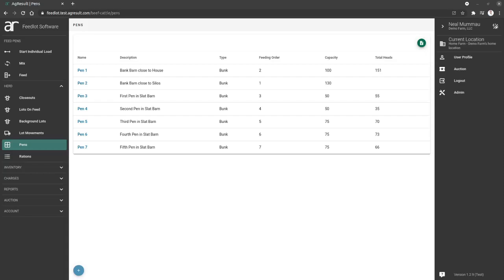This video will show how to create and edit the pens of your AgResult locations. Pens are important because the system needs to know where your animals are throughout your location so that when delivering feed to those pens, that feed and the cost of feed can be distributed to the correct groups of animals